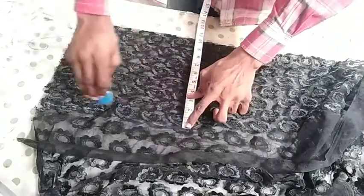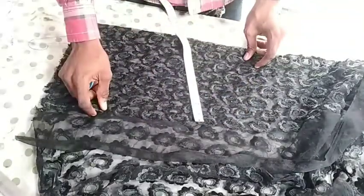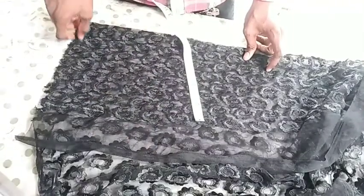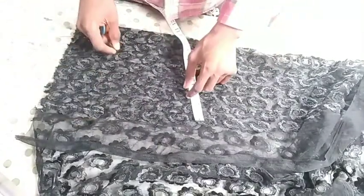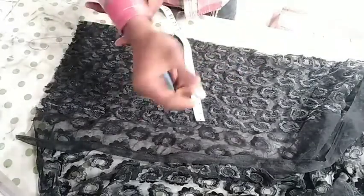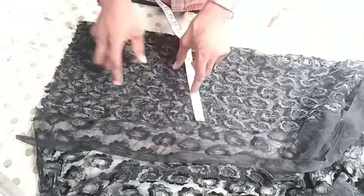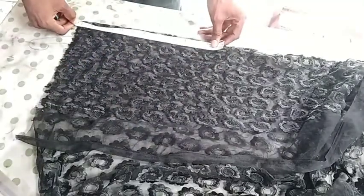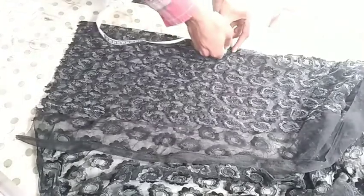And my sleeve length is 13. 13 plus 1 inch for sewing allowance, because at the shoulder you are going to hold half inch to join the shoulder and half inch at the down part to hold your Canadian smoking. That is your sleeve design. So that makes it 14. So I'll go ahead and put my 14 here, just like this. My 14 here